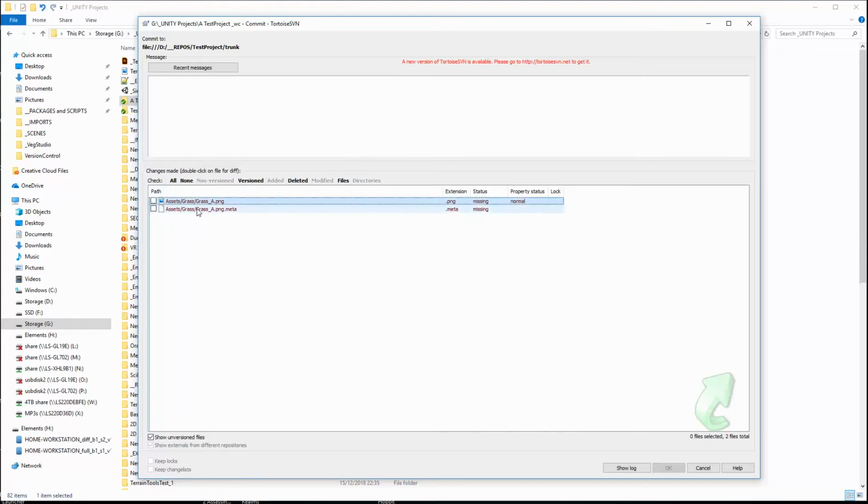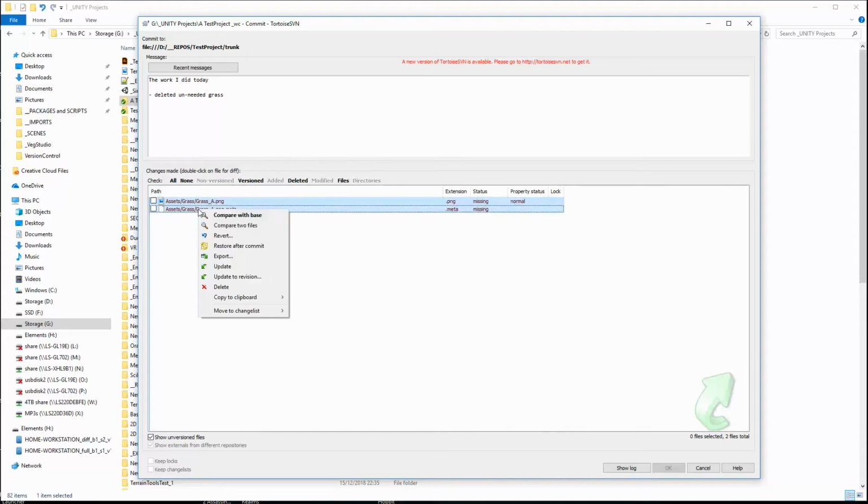And then it's at that stage that you would just go, so, work I did today, and then one of them you might say deleted unneeded grass or whatever. And that's the case where you would select both, delete, change their status to deleted, and then OK that,